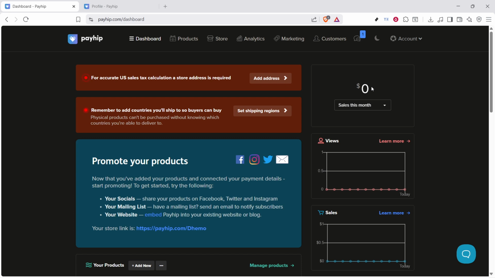One helpful thing to keep in mind is that this change is mainly about your viewing experience inside the platform. So if you spend a lot of time managing products, checking sales, or editing your store, dark mode can be a nice comfort setting to turn on. It won't require any complicated setup, and you can usually switch back later if you decide you prefer the standard look. And that's all it takes to change Payhip appearance by enabling dark mode. It's a quick adjustment, but it can make your workspace feel